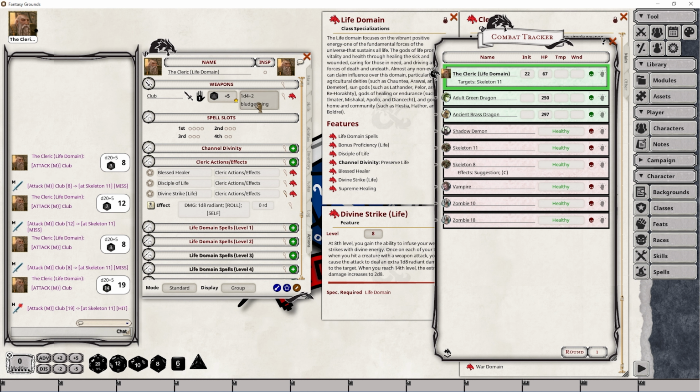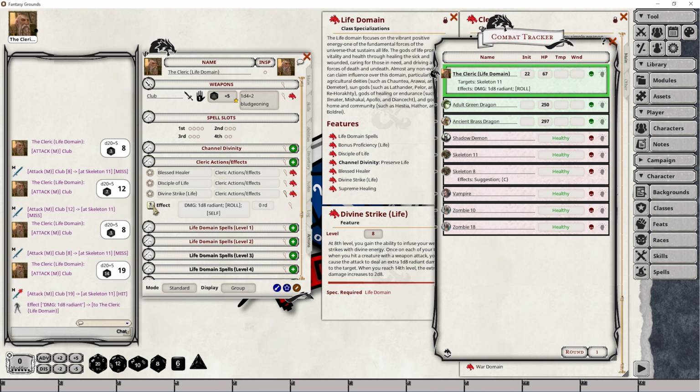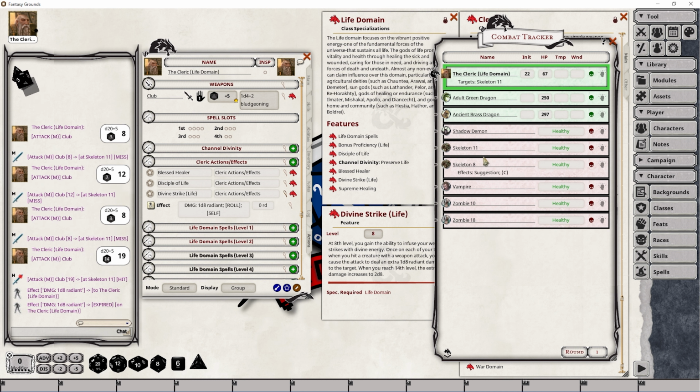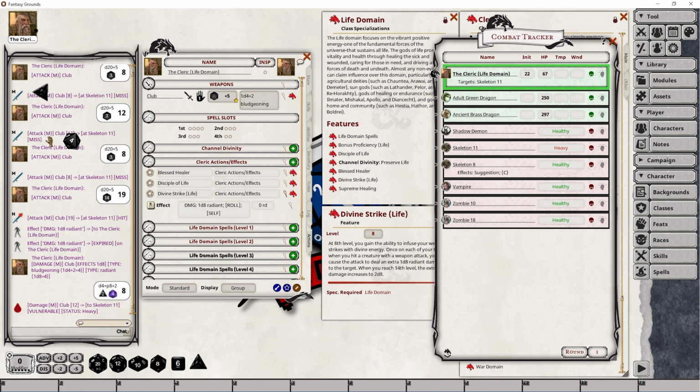Perfect. Now, before I actually roll this damage, I'm going to want to click this effect, and you can see it's going to pop up here. It's also going to go away whenever our next roll occurs. That's why we want this in place before we roll our damage. I'm then going to drag and drop our damage into place. You will see it will roll an additional 1d8. The effect is going to go away, and we've done more than what we could have had we just used